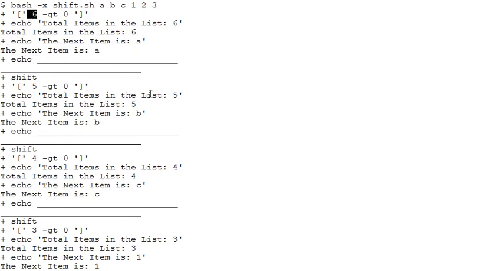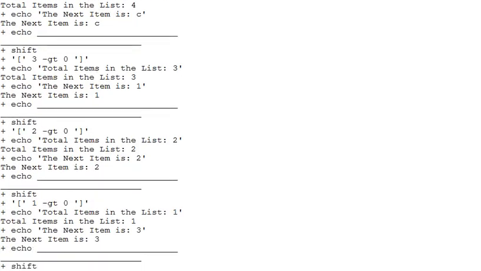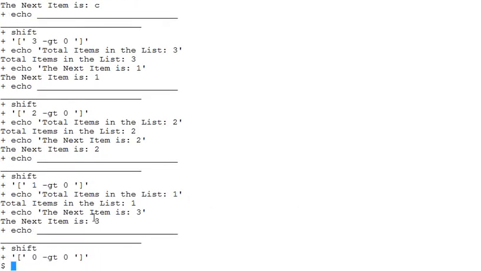In the next run, after the shift command has been executed, $1 points to the next value, which becomes its value or positional parameter. Now total count is 5, which is greater than 0, and it is returning a true value, and so the block gets executed again, and so on until we get 0 greater than 0.